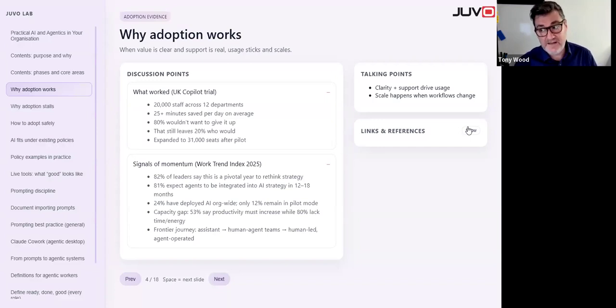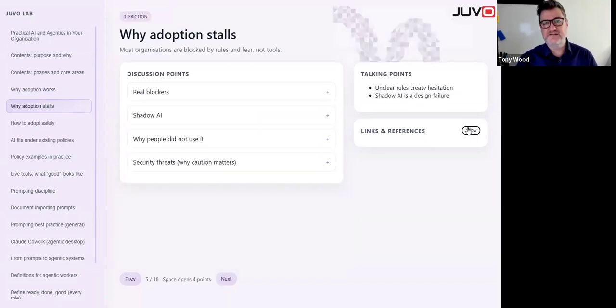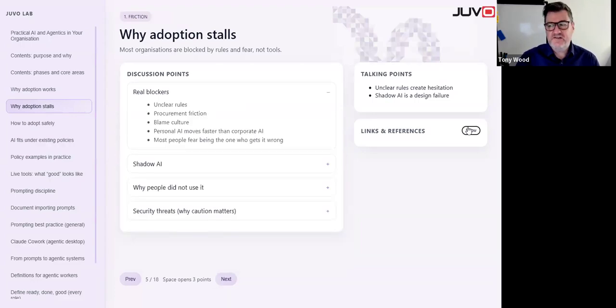What you're here for, I believe, is why doesn't it work? What are the things I can do to overcome the problems? Don't tell me it's amazing. Everybody in the world is telling us it's amazing. So let's go through that. What are the blockers?